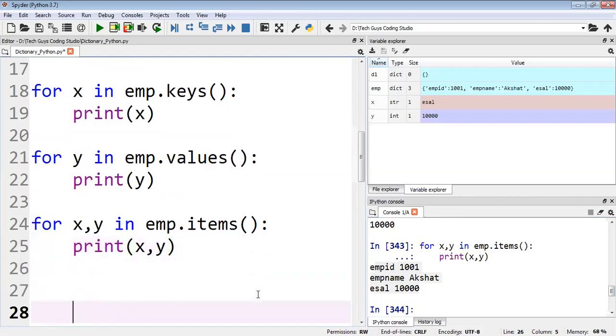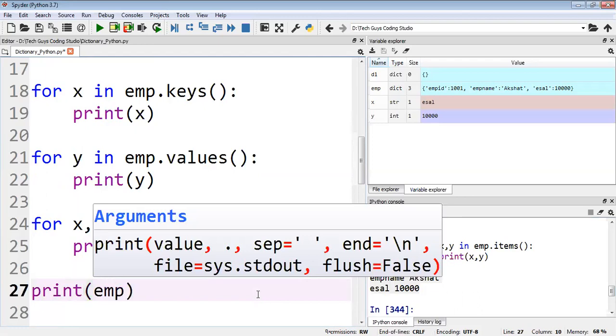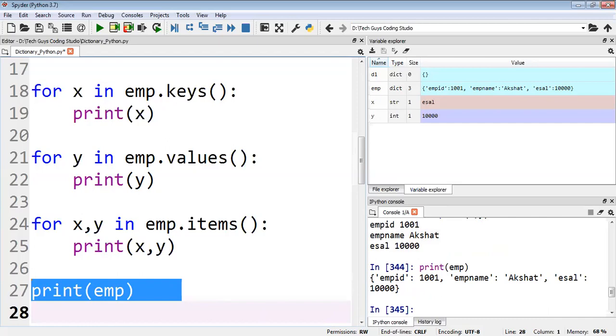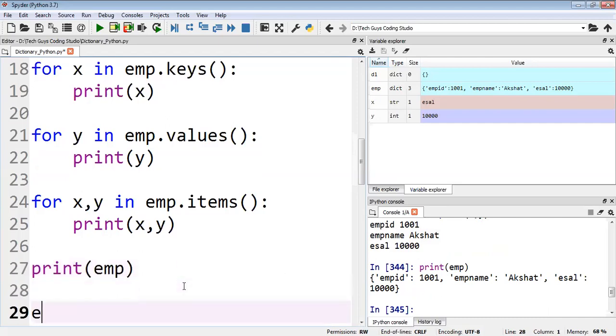Now I just want to add a value to the dictionary. How will I add it? My dictionary is emp. First I will display my dictionary, so you understand. This is my dictionary, and three columns are there. Now I want to add one more column, the address column. So emp, address, and I put India.